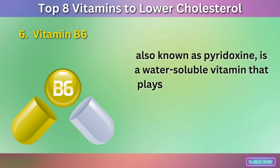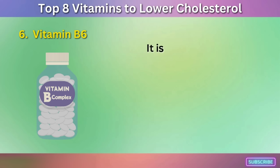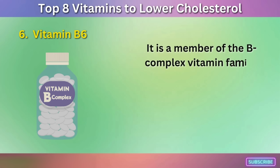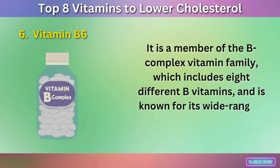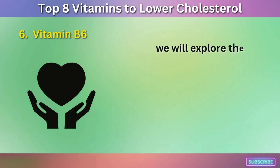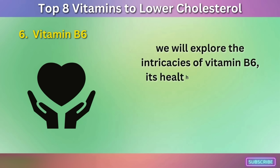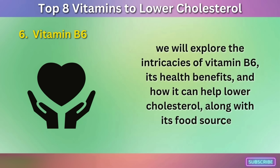Vitamin B6, also known as pyridoxine, is a water-soluble vitamin that plays a crucial role in many physiological processes in the human body. It is a member of the B-complex vitamin family, which includes 8 different B vitamins, and is known for its wide-ranging health benefits, including its potential to lower cholesterol levels. We will explore the intricacies of vitamin B6, its health benefits, and how it can help lower cholesterol, along with